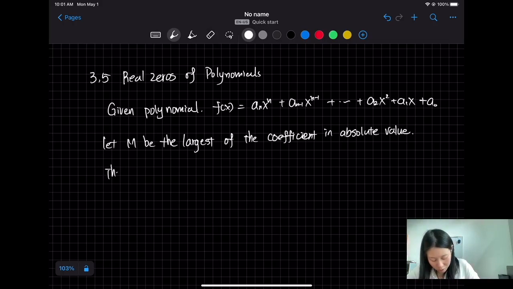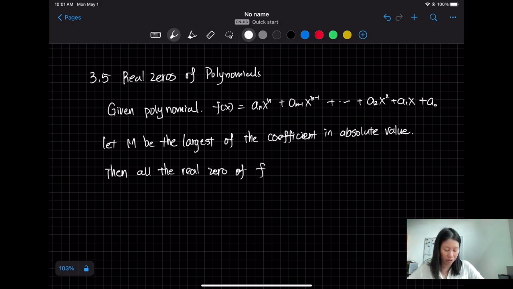Then all the real zeros of f(x) lie in the interval